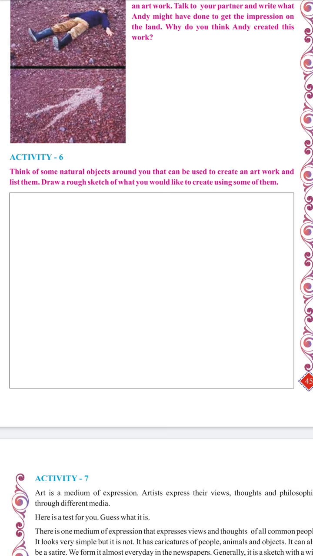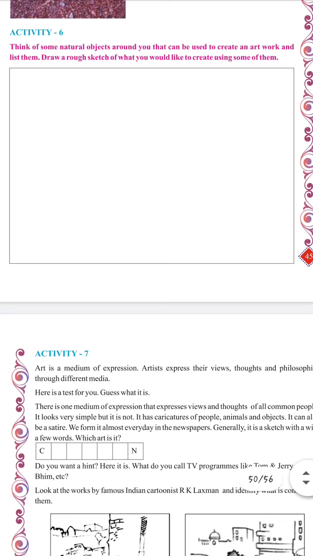So dear students, I will be very happy to see the different forms you will use to create that artwork, and we will see the best of the drawings which are done by the students in our regular class. So wait for the time to arrive when we will meet in our regular class, and we will see the drawings made by all of you. So all the best from my side, and I will see the artwork made by you.